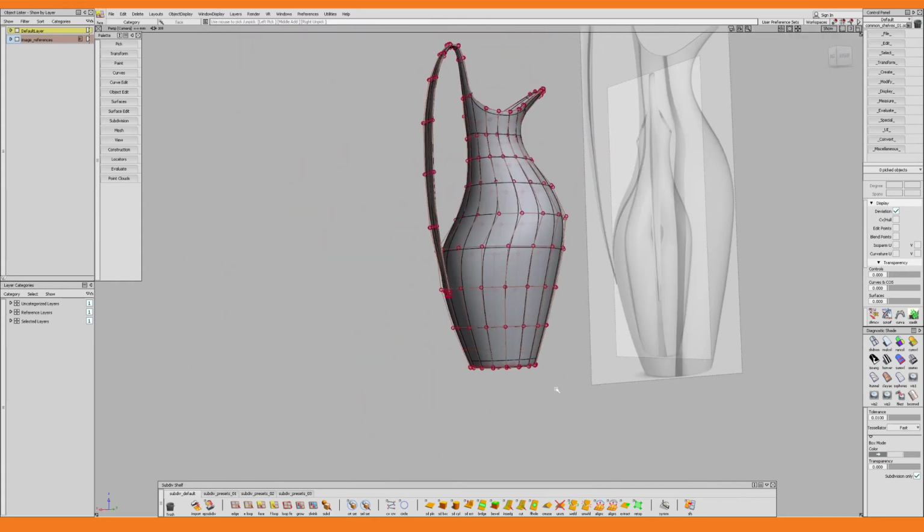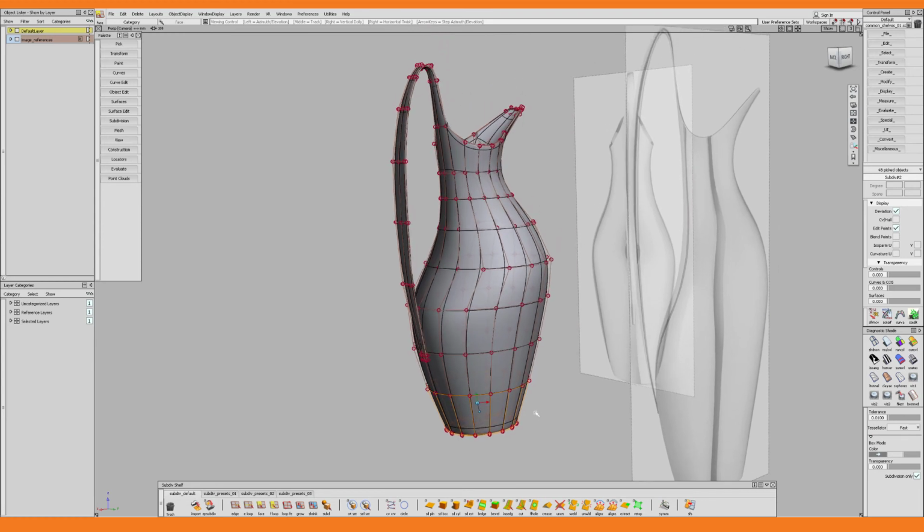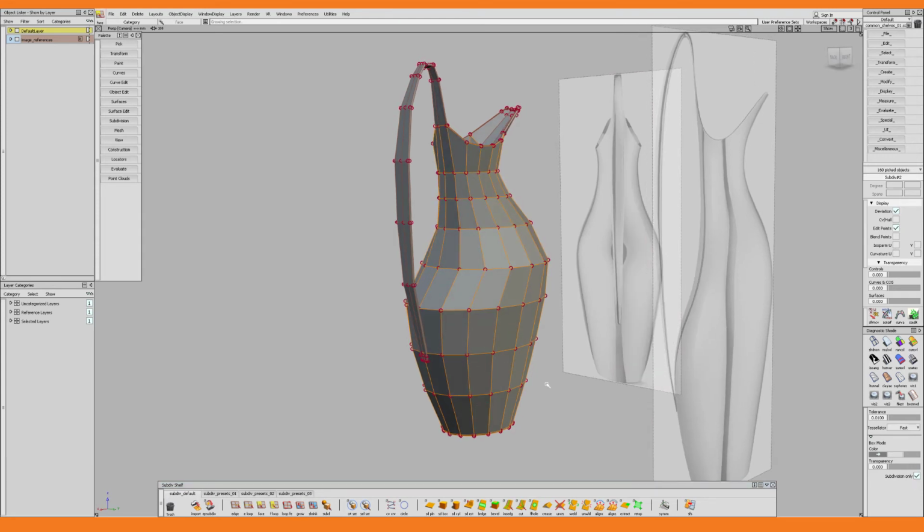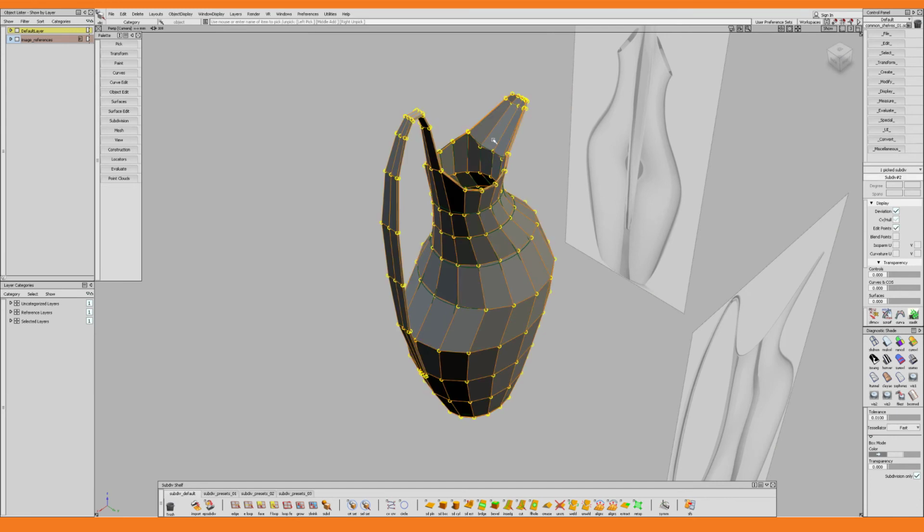I select the bottommost faces. And then I grow the selection until I have all the faces I need for the inside of the picture. I enter the extract tool and I make sure it's set to keep original. Then I click go. This gives me a duplicate set of faces which I now will use to create the